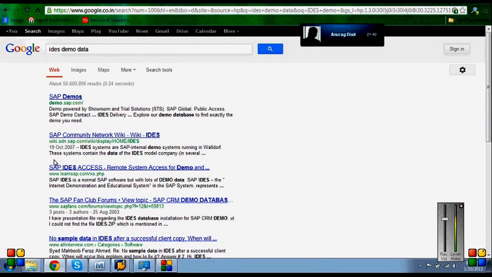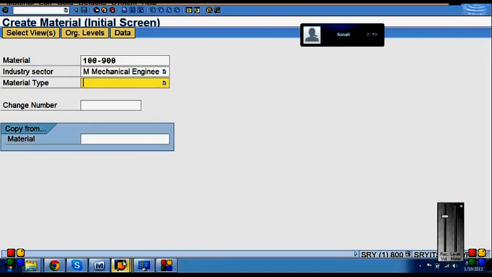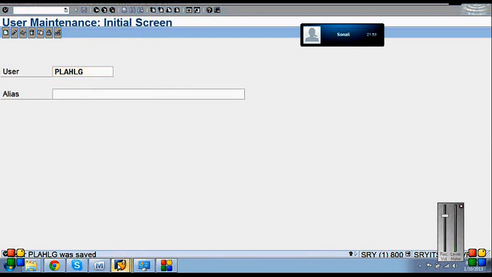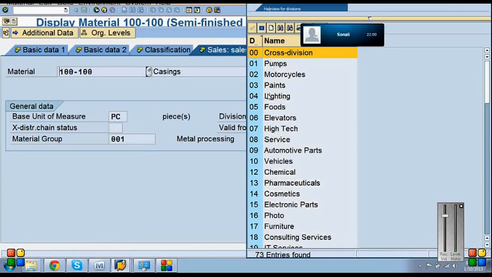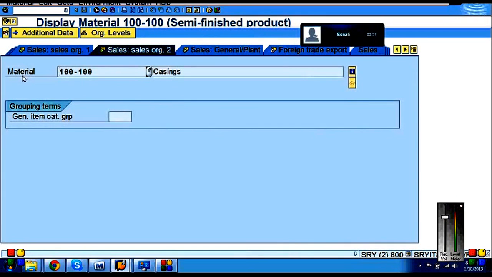And maybe also there is Sales 1 and Sales 2. What is that? Sales 1 and 2, right? If you can see in this, let me close this one. Sales 1 is dealing with general data, and Sales 2 is dealing with grouping terms.